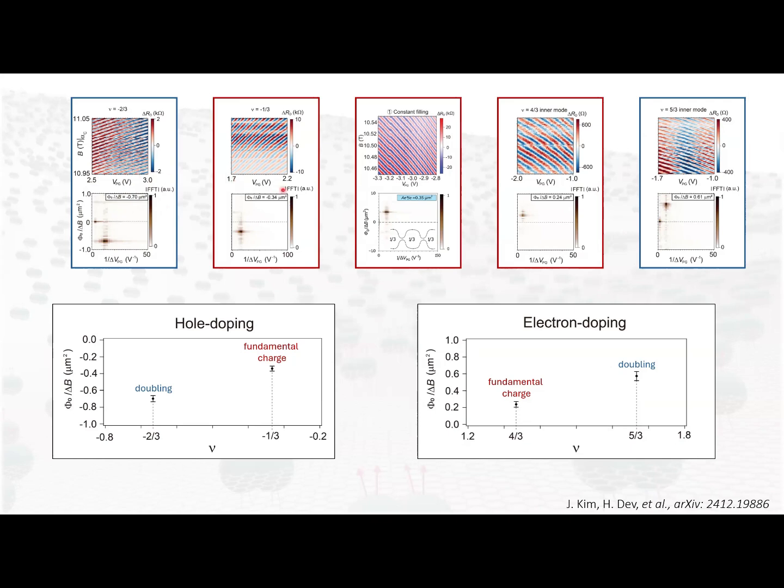And by the way, you can ask the same question on the even denominator. We did the same thing on the even denominator, and the flux periodicity didn't change. It stayed at phi naught. So you're saying it might have a relation with temperature, but it's not observable in interference? No, I'm not saying not observable. I'm saying in my experiment I didn't see it. Maybe if you make the cavity smaller, then the energy spacing would be bigger, and you can go to higher temperature. But in our devices, we were not able to see it. I'll also mention that Moti, in the optical Mach-Zehnder, sees a similar effect, and he also tried going to higher temperature and it didn't change. So it's not the temperature that